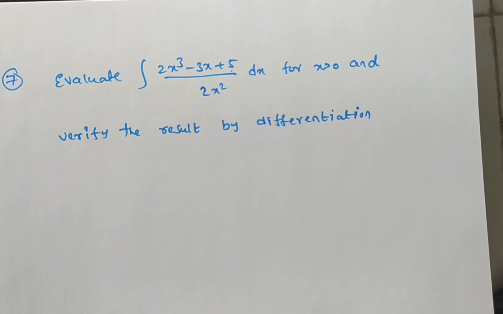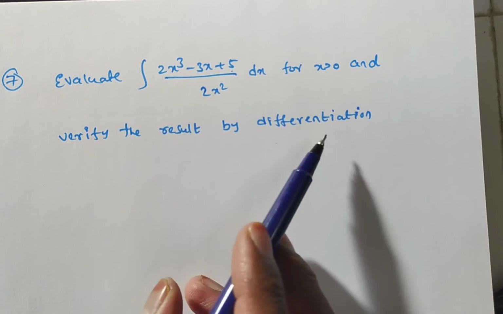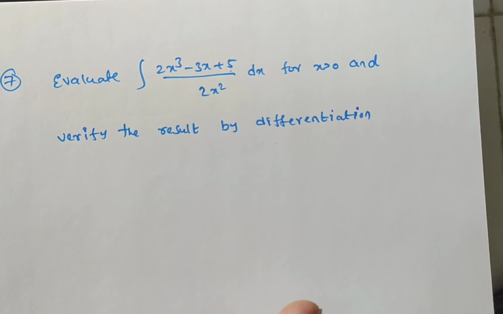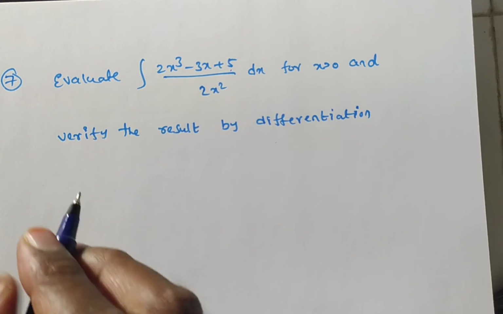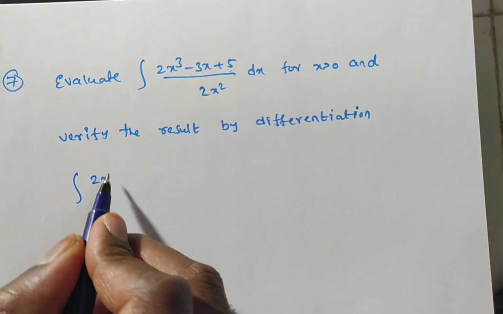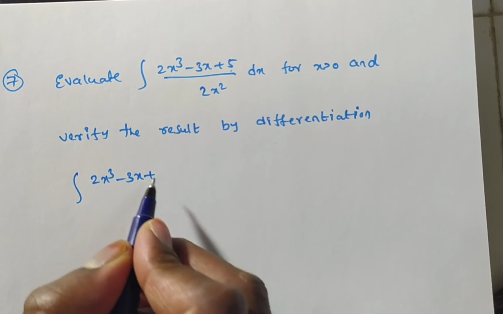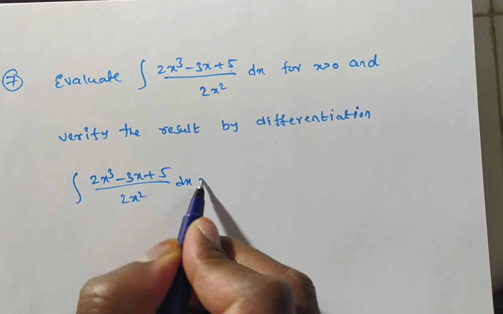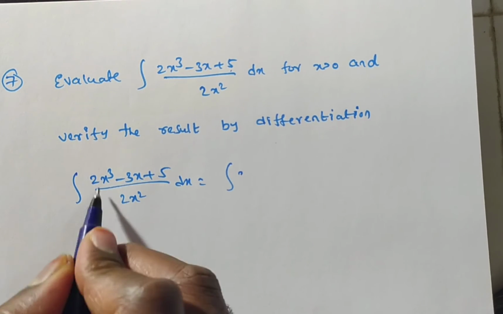They also ask us to verify this result by differentiation. So first we do the integration, and after that we will verify with differentiation. Now the given integration is 2x cube minus 3x plus 5 by 2x square dx. This we can also write, with the 2 getting cancelled,